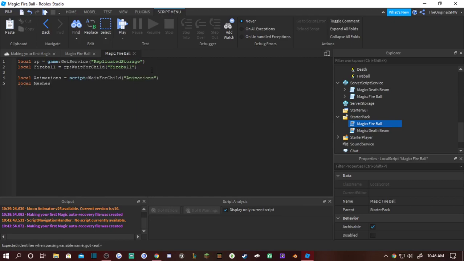Animations and local meshes is equal to script child meshes. Okay, so now we're gonna do the fire on server event. So on server event, capital C, connect function, and we're gonna do player, because every time you run the on server event, player is always the first